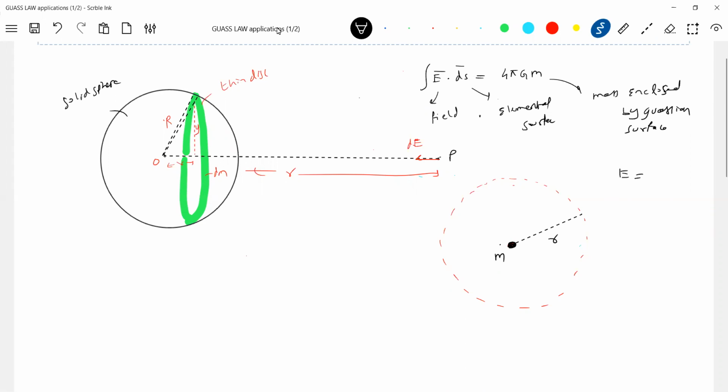Then sir, what is the fun in studying this Gauss law? I'm just showing even the answer for what we know. What is the field strength at this point? It is equal to GM by r square. So this we already know for a point mass. Now using Gauss law, I'm going to bring it here. I'll assume an elemental surface, like this. It will have n cap. This is the elemental surface I'm asking you to assume. It will subtend an angle, in fact.